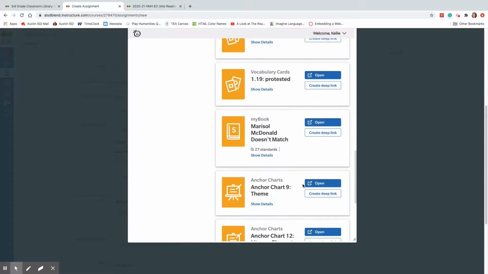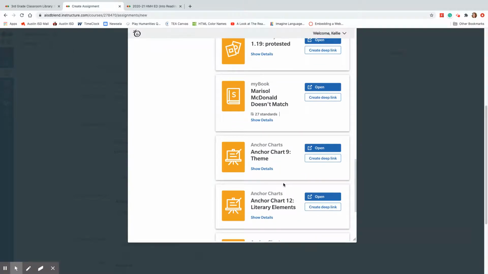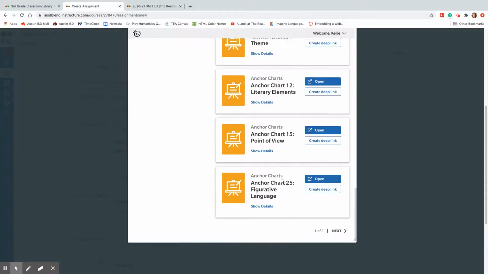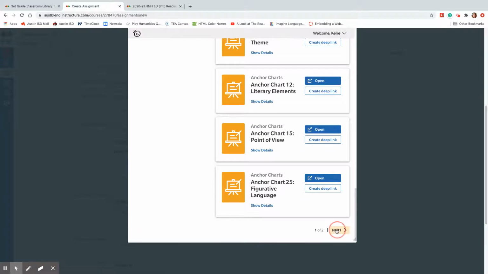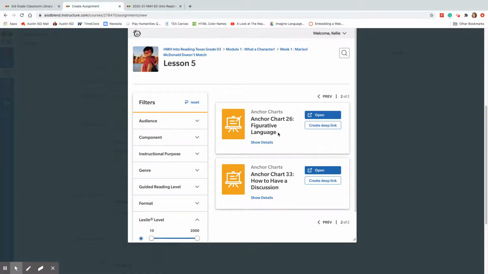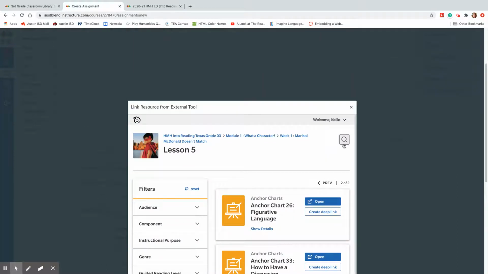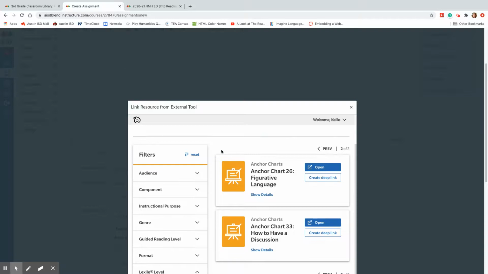So there's a bunch of vocabulary cards, the My Book, some anchor charts. Now let's see what's on the second page here. There's some more anchor charts, and that's still not what I'm looking for. So I'm looking for a quiz. I'm going to go back to